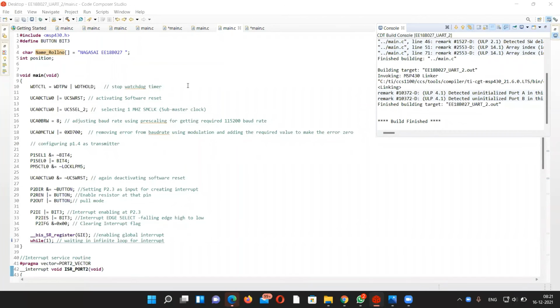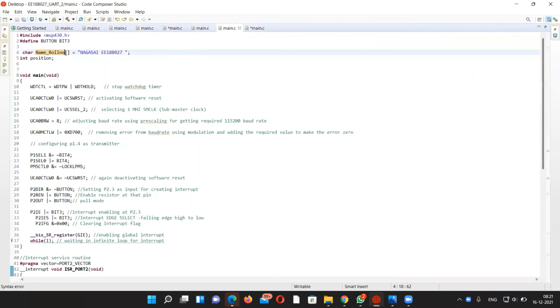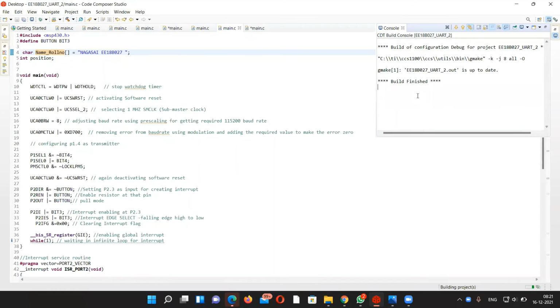Previously we got some errors because here I had initialized name underscore roll number. So now when I debug it again, I am getting no errors. Now let us execute the code.